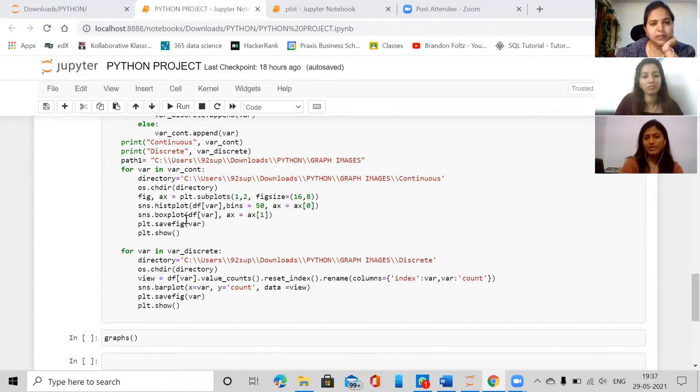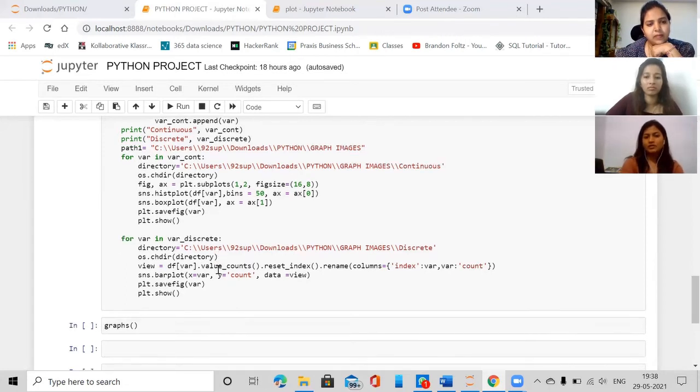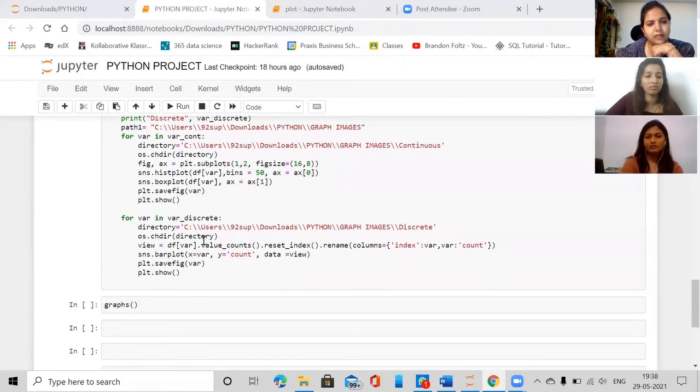Along with that, for simultaneous representation, we have also chosen the box plot, using Seaborn's sns.boxplot, and again we have passed that variable within it. For saving it as a PNG image, we have used matplotlib's plt.savefig command, which will automatically save the images that we generate for each variable in our continuous list to the folder whose path has been mentioned over here. In the same way for the discrete variables as well, as Aishwarya explained initially, she has segregated the discrete and the continuous variables, and that has been stored in the list.